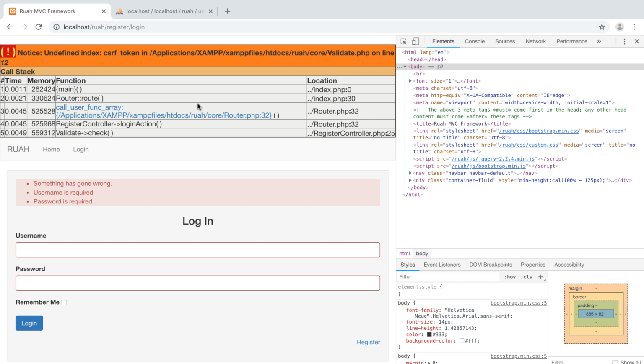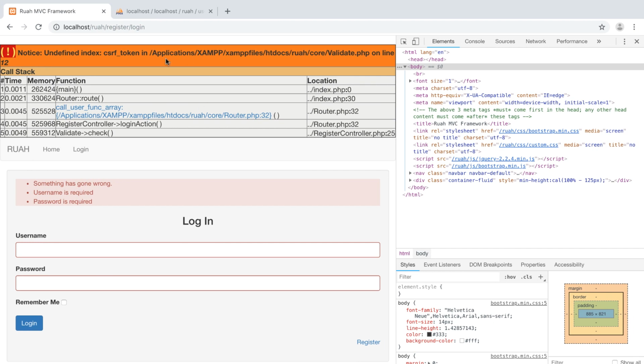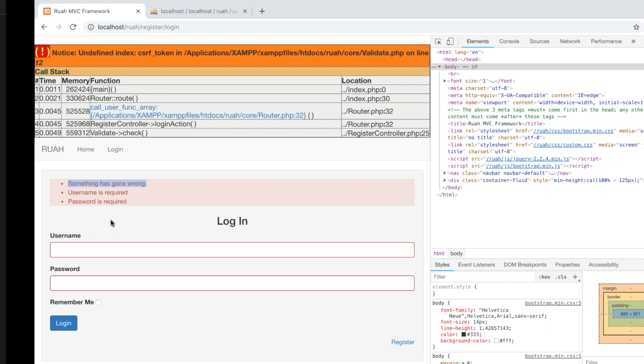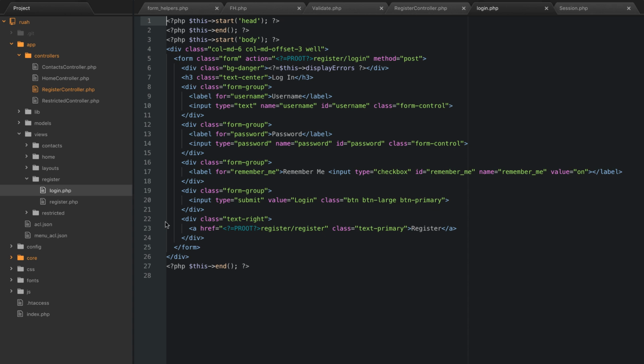So let's see. If you ever get this error, it's because we haven't added it to the form yet. And you can see also that this shows something has gone wrong. So that's what we want. Now what we have to do is add that hidden input, and this is super simple, guys. So we're going to go to our views, go to register, open your login form, and right here at the